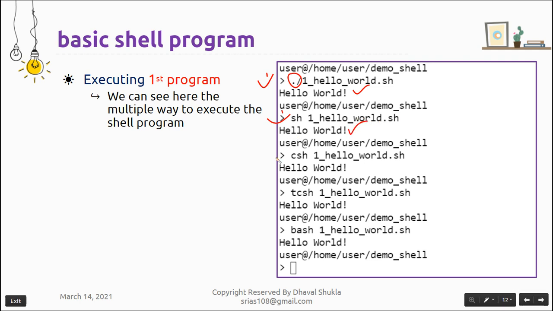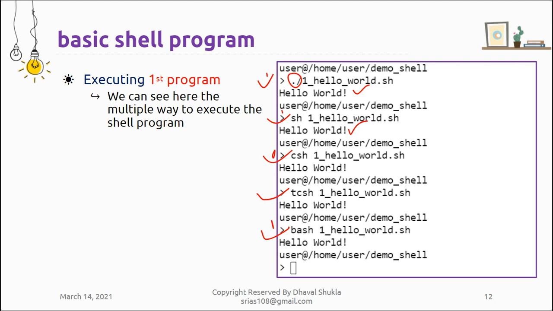And another, csh. This way also we can get the output, then tcsh, then bash. There are multiple ways to run the script, but since the command syntax is the same across all the different flavors, we are getting the same output and there is no error in this case.